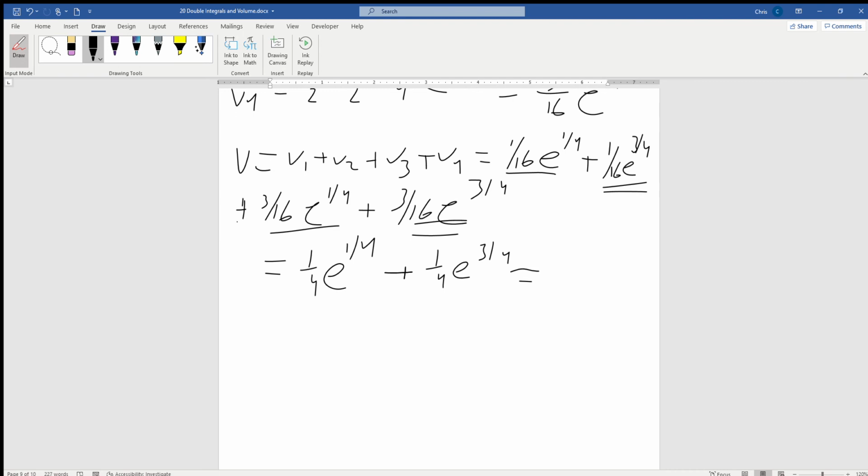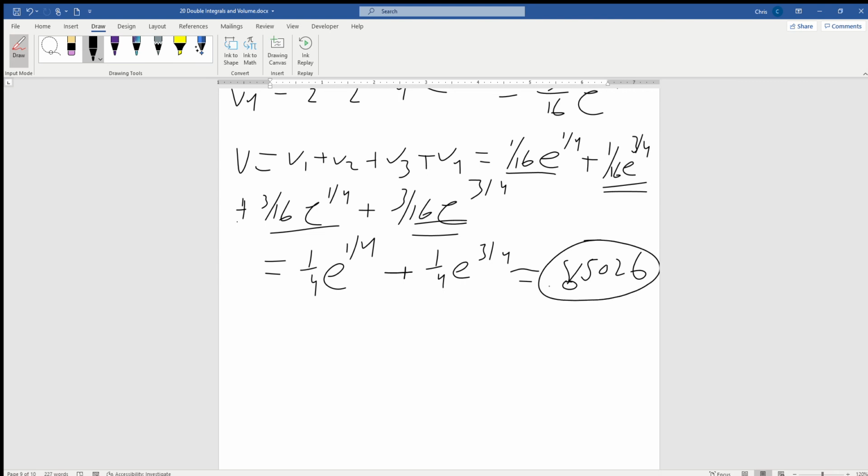So I have e to the 1/4 plus e to the 3/4, and I wound up with 0.85026 as my approximation. All right, now